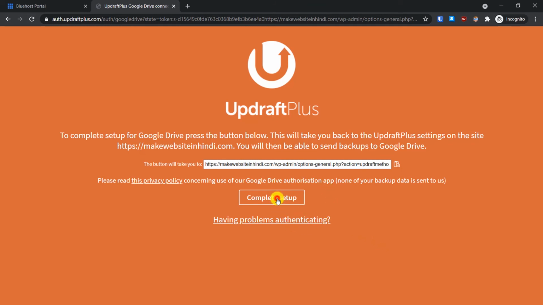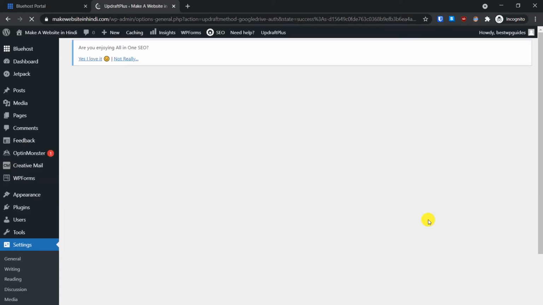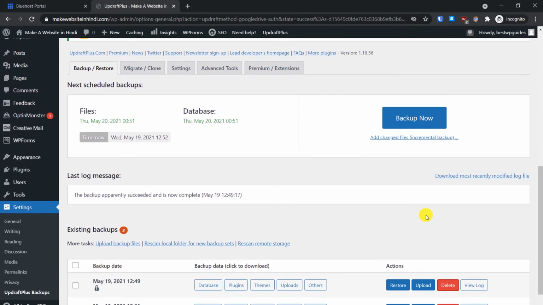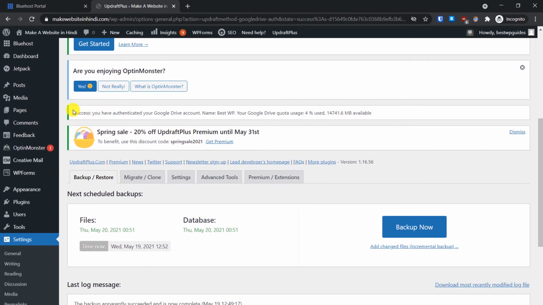Just click here. And just scroll down, and you can see the success message that you have authenticated your Google Drive account. And that's how simple it is to schedule automatic backups of your WordPress website.